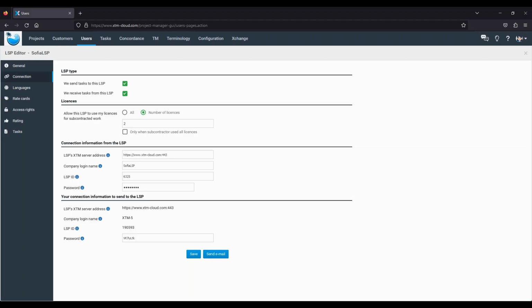You can set up the system so that they can use all your licenses or a limited number. Be aware the LSP will only be able to use your licenses for processing the tasks you have assigned them. They will not be able to process tasks from other customers using your licenses. Also, you can select that only when they have run out of their own licenses, they can use yours. Once you have made the decision, you can press Send Email